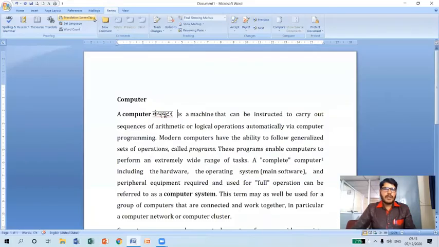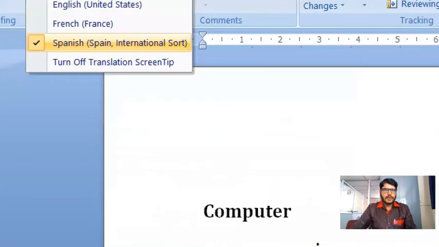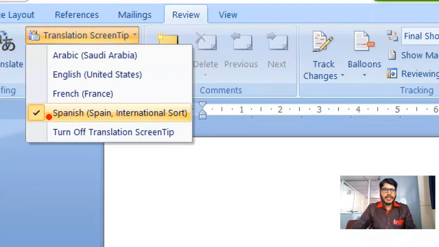So now let me select here. Now you can see here, I have enabled Spanish here. Whenever I move the cursor on a particular word, it will convert that particular word into Spanish, and it is going to generate a screen tip which is providing the meaning in Spanish.